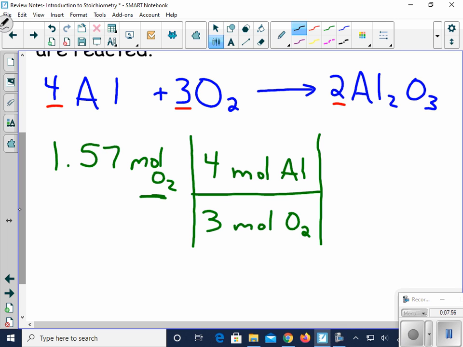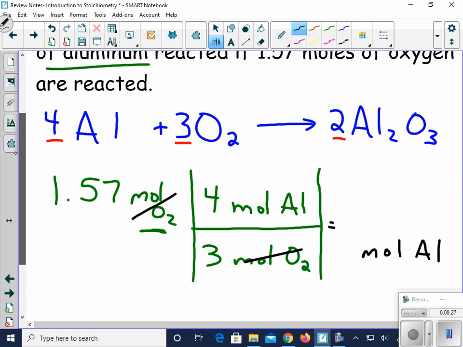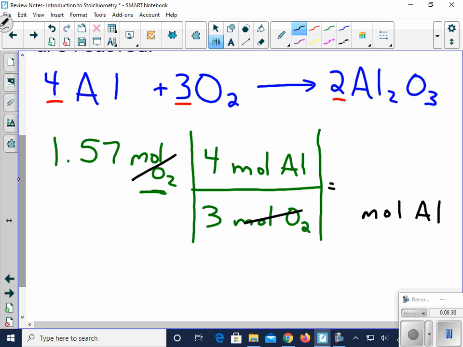Now, once I've done that, I get my moles of oxygen to cancel, so my label is going to be moles of aluminum. Now all I need to do is my math. So I take the 1.57, multiply that by 4, and then I divide that value by 3. I multiply on the top, I divide on the bottom. It gives me a number, and I need to go back and look. I need 3 significant digits, so it gives me a number of 2.09